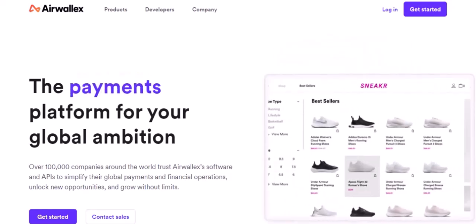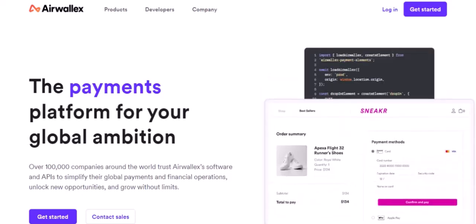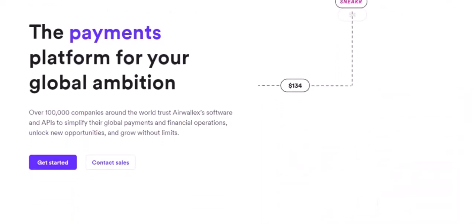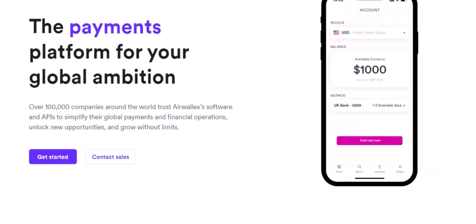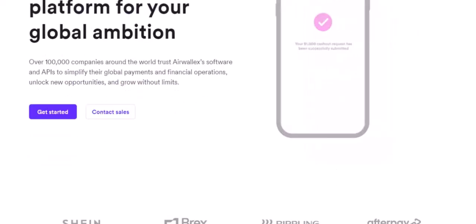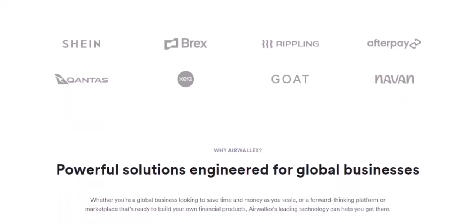Airwallex isn't your average Joe when it comes to transaction limits. They've got a system that's as complex as a Rubik's Cube, with different rules for different situations. First off, we need to talk about currencies. Every currency has its own personality, and when it comes to minimums, they can be as different as night and day. Some currencies are chill, letting you send even the smallest amounts. Others? Not so much. They've got standards, you see.